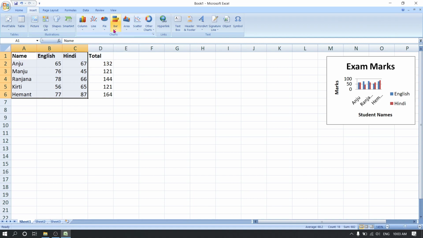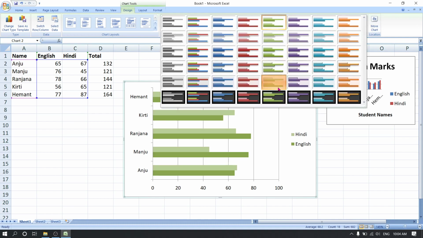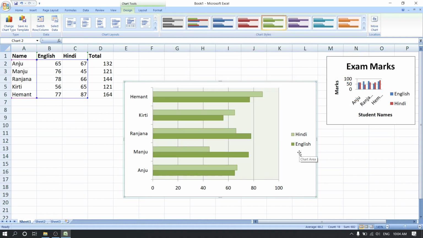So this is the bar chart. Bar chart is not vertical, it's horizontal. So there are different variations, different colors, whatever design you want to give. So bar chart is there.